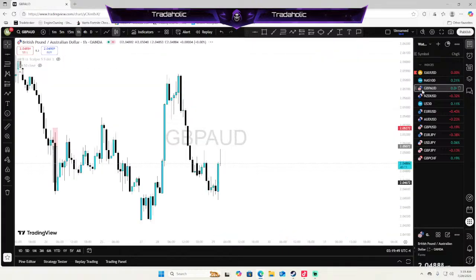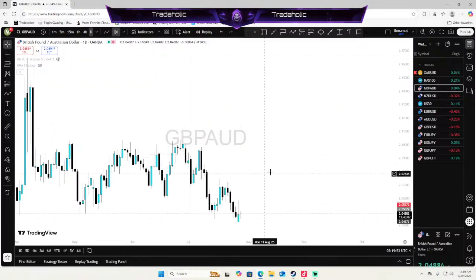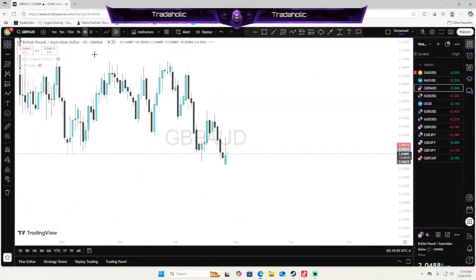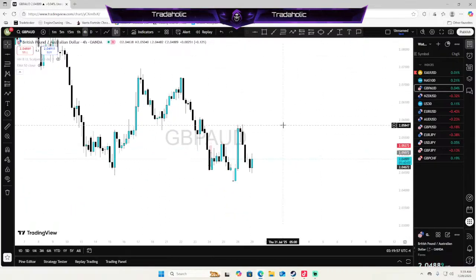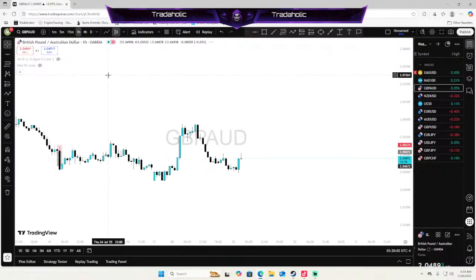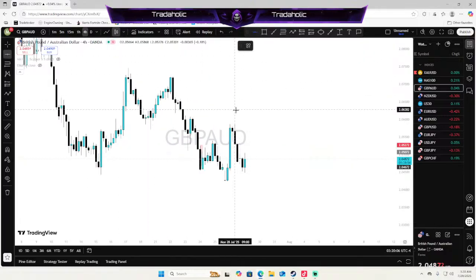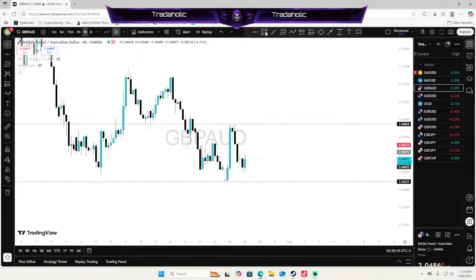Let's go to GBP/AUD. See what this has to offer. Daily time frame overall bearish, making new lows clearly. Go to our 4-hour time frame. 4-hour time frame is making new highs. 4-hour time frame is bullish. 1-hour time frame is bullish as well. So looking at our 4-hour time frame, we're in between this current high and this previous higher low. This was our market structure shift right over here. We're just in the retracement phase of an overall bullish push.